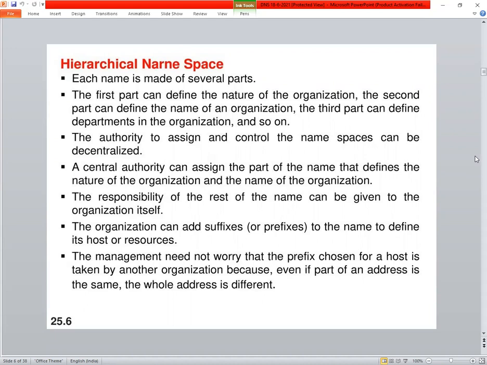An accounts department will be there for every company. So the management should not be worried, because even though they have a common name for it, they will be using accounts dot like that as prefixes, but they are centrally divided with different names by the nature of the organization, and the names of the organizations are different.